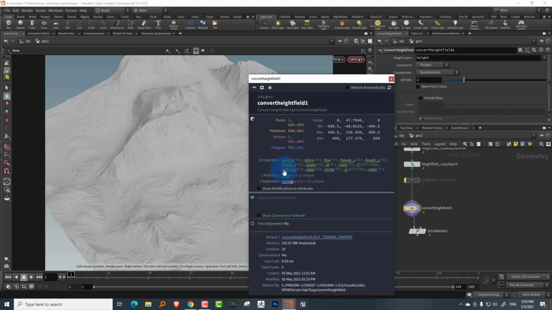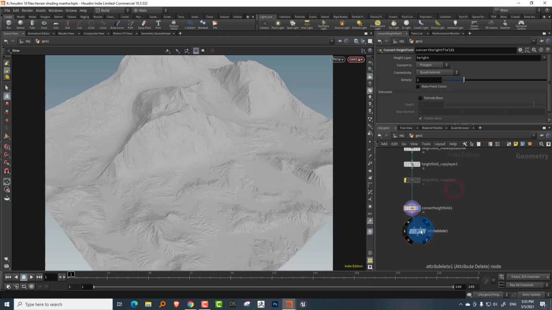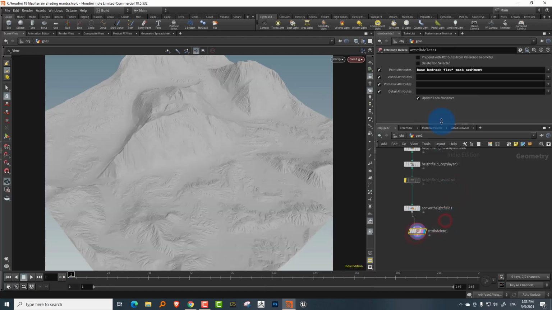Once you convert all of this to polygons, it automatically takes all of those fields and converts them into float attributes. It also generates a UV for you, so you don't have to do UV mapping as well. And lastly, I took an attribute delete and got rid of the stuff I don't want. The thing to remember is if your geometry has too many attributes, it's going to take up that much more RAM to render. So the stuff that's not going to show up in your final render, or that you don't need for shader level control, you can just get rid of.